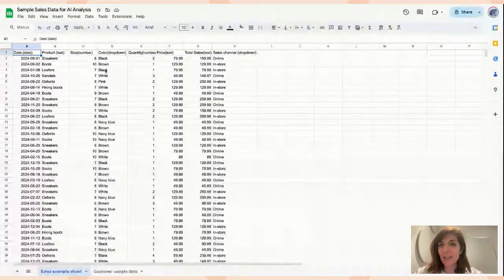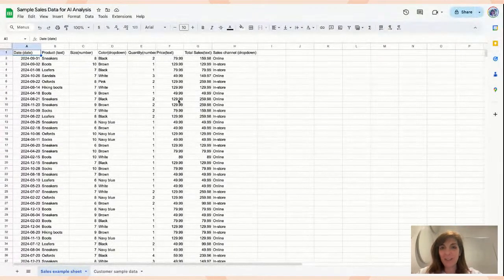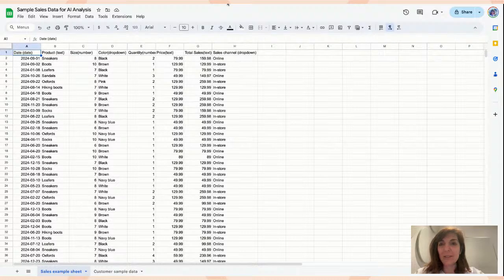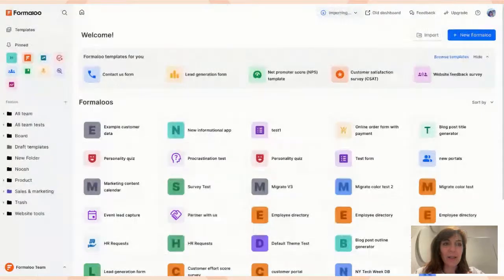So I want to share my screen and tell you about, I have created a sample sheet using AI, and this is example data of a shoe store, and I want to import it into my Formaloo account, which is here.